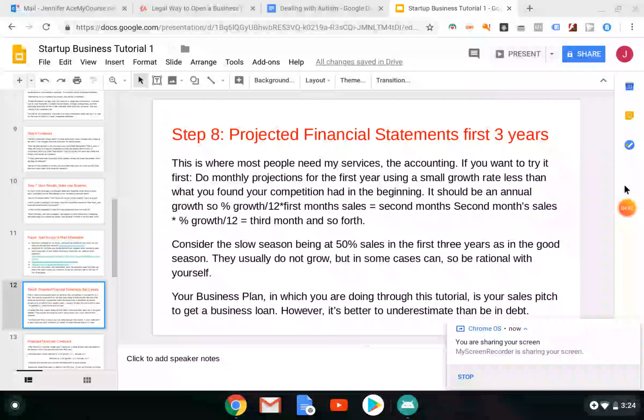The second year needs to be done on a month-by-month basis as well, in addition to a quarterly report, meaning every 3-month period, and an annual report. Your third year only has to be annual. Some people like it to be quarterly, but you must have annual, at least for your third year, in all of the seasons